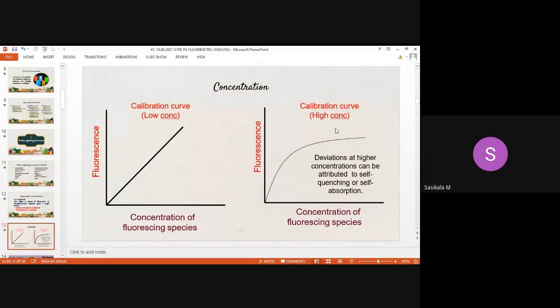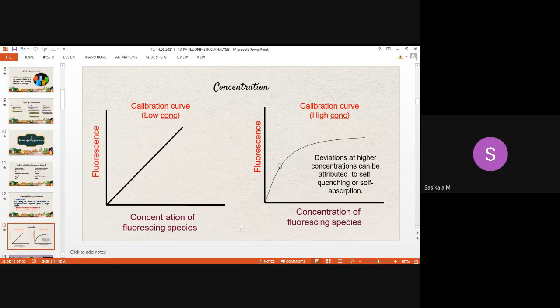This occurs when the concentration is increased. In a very diluted solution, no collision is possible and no absorption by a neighboring molecule is possible. So accurate measurement is achieved with low concentration. So only then can you observe a linear curve at low concentration, and when concentration increases, fluorescence intensity decreases at higher concentration. And this type of decrease in fluorescence intensity is called quenching.